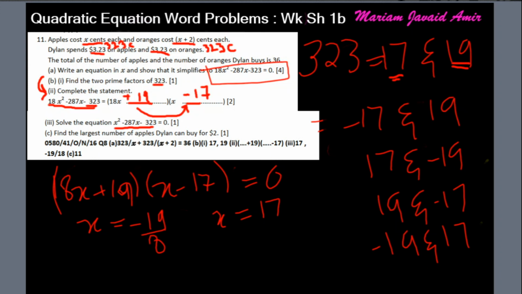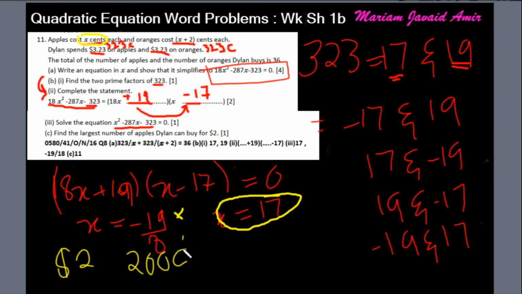Find the largest number of apples Dylan can buy for $2. So each apple costs x cents, and x just came out to be 17. We'll be ignoring this negative value, and find the largest number of apples Dylan can buy for $2. So he spends $2 on apples, which means he spends 200 cents on the apples, and each apple costs 17 cents. So this will give us